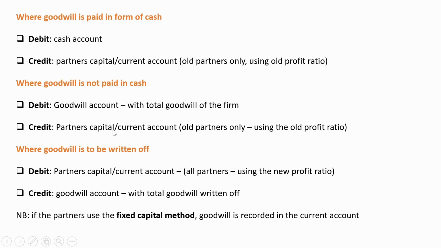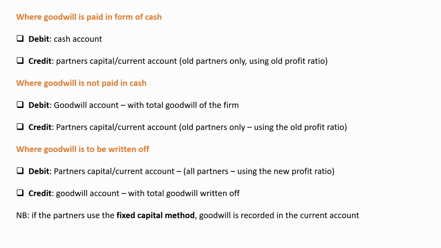If the partners use the fluctuating capital method, that means the capital is allowed to fluctuate, then you can record goodwill in the capital account. But according to our note below, if the partners use the fixed capital method, then you cannot record anything else in the capital account apart from the capital that was introduced by the partner. In the fixed capital method, all other things should be recorded in the current account, except the capital introduced by